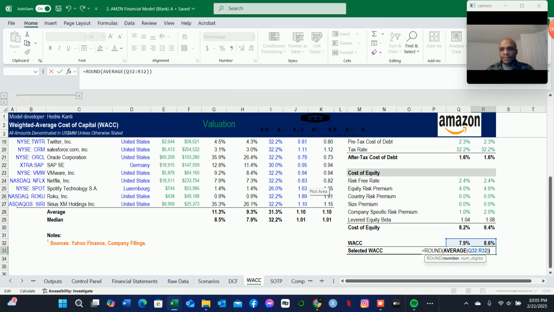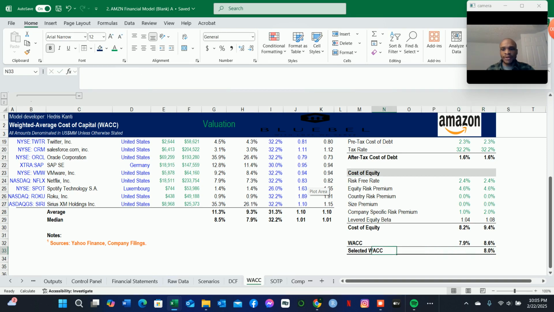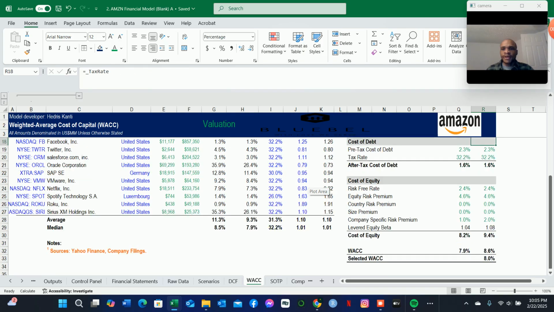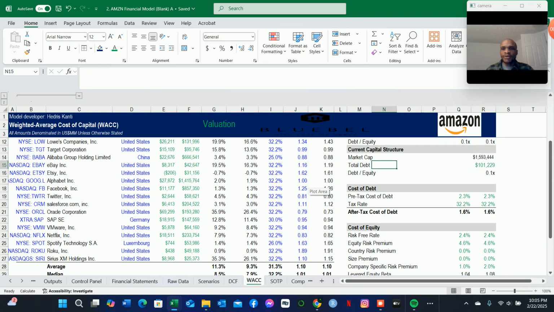And then we round it to 2 decimal places. We press enter. So as you can see, we come up here with a WACC of approximately 8%. That's very nice to see in our model. So we have done everything, and we have been able to estimate the weighted